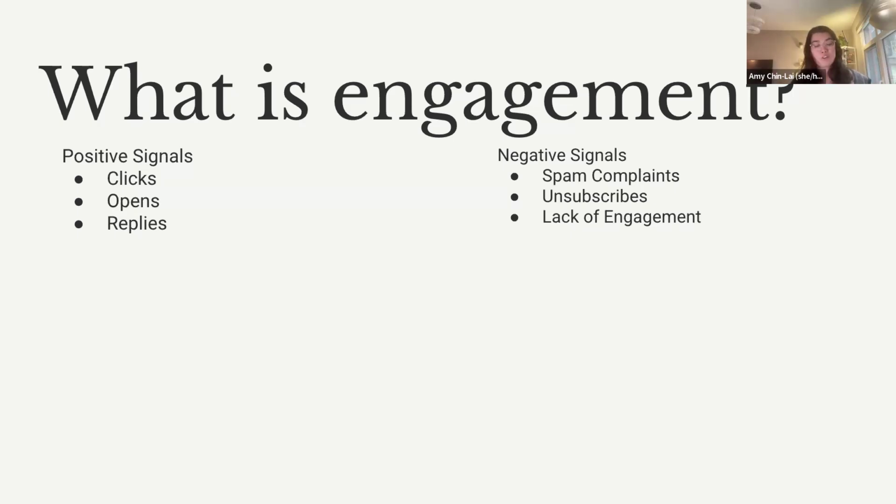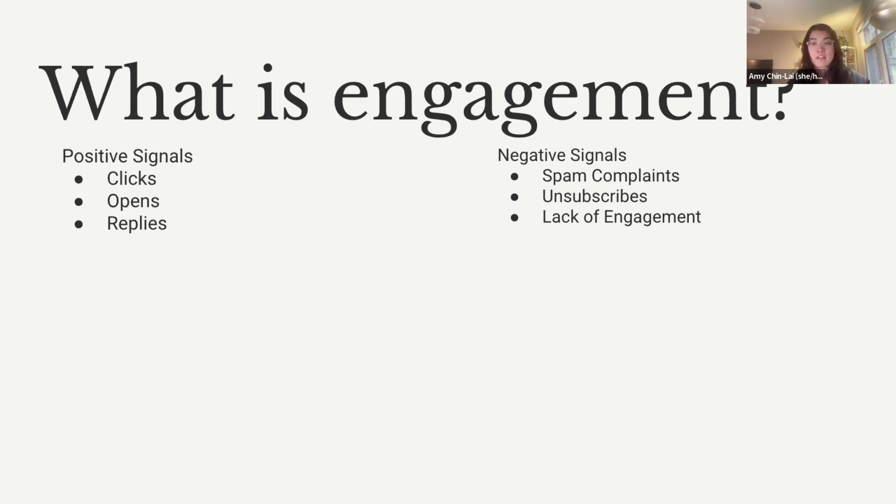On your overall stats, you'll see your opens and your clicks. You can see them by the first hour. You can see the stats by domain, but you have some stats that the inbox providers don't really have as much. So you can see what replies are happening to your email. If people are like, this is the best email I've ever received in my life, I love this email from XYZ. You can also see their conversions. You can see if your average donation amount is higher than usual or lower than usual, your number of donations, your petition signatures, all of that. And this all feeds into your signals on if your deliverability is doing well or not.